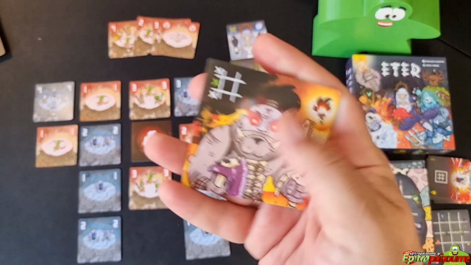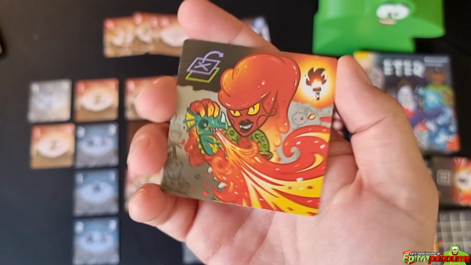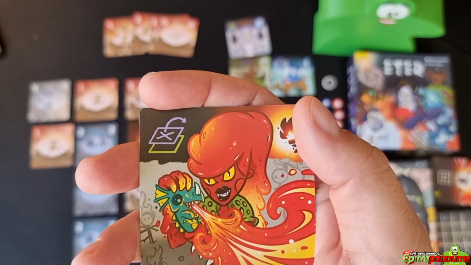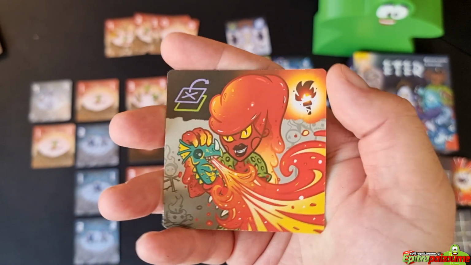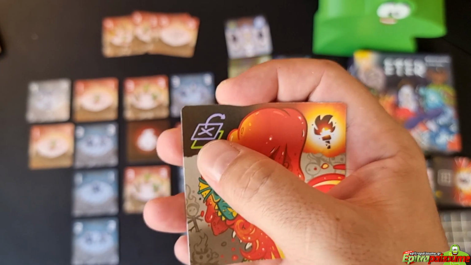So each card has 2 sides, as you can see. First of all, we have the Masters of Fire, Burn, which is those 2 mages. On this side, you remove from play an opponent's card that covers one of your cards. And this is a symbol that explains how it works. Everything is also described in the rulebook, so you can find all these icons easily, and you don't have